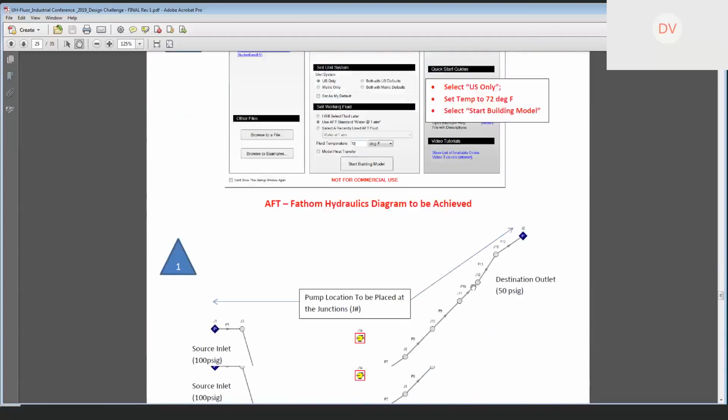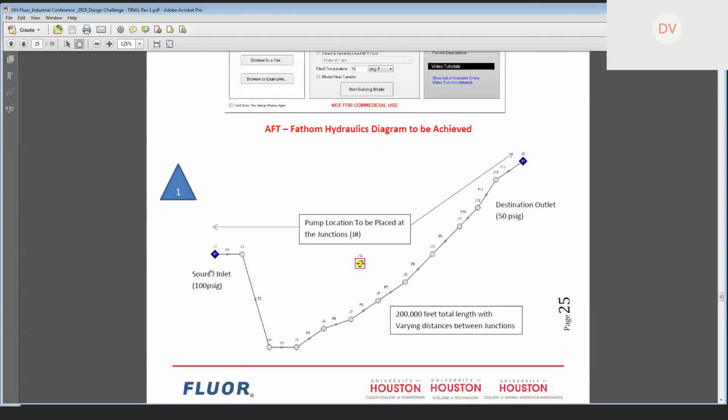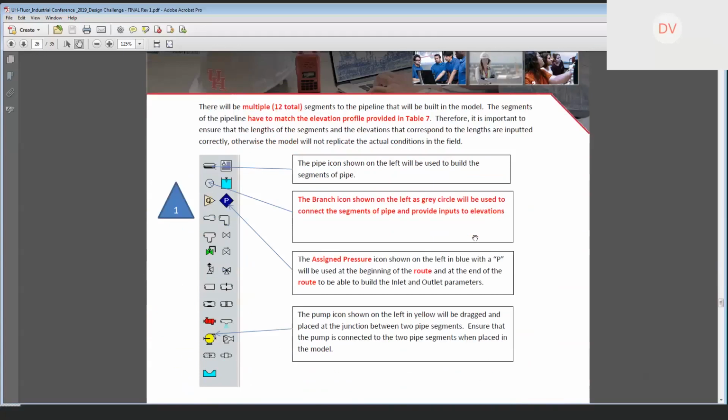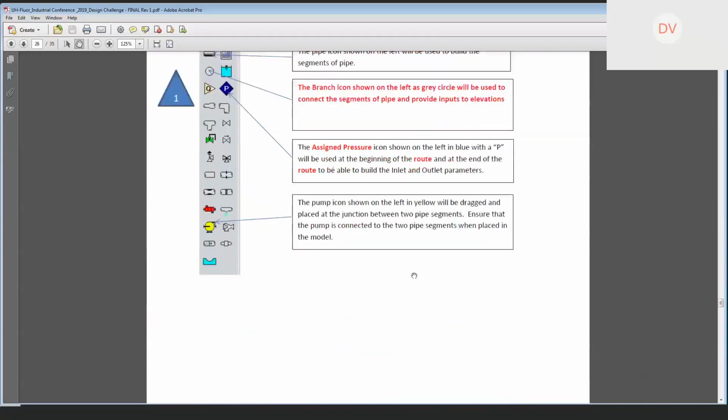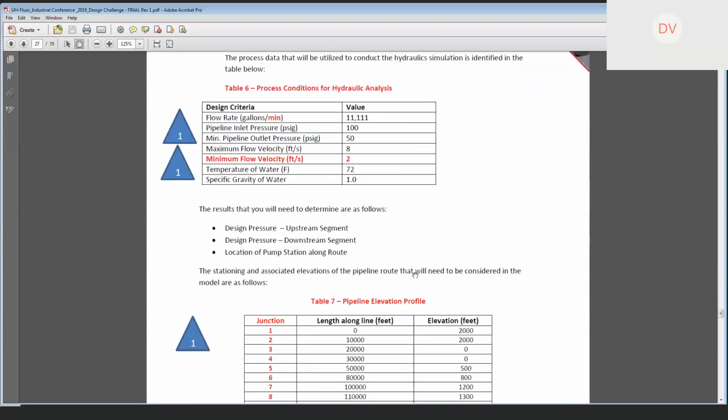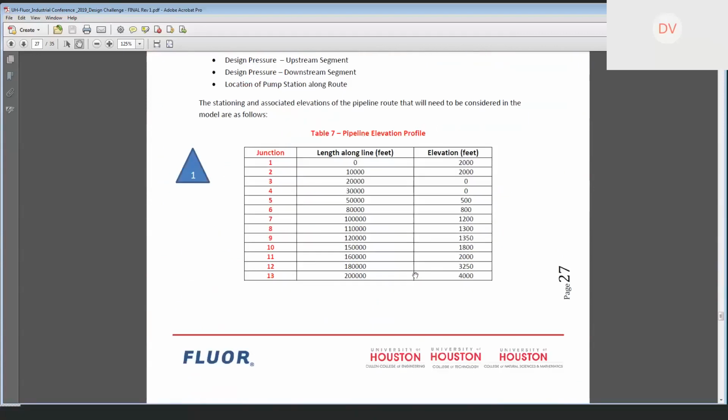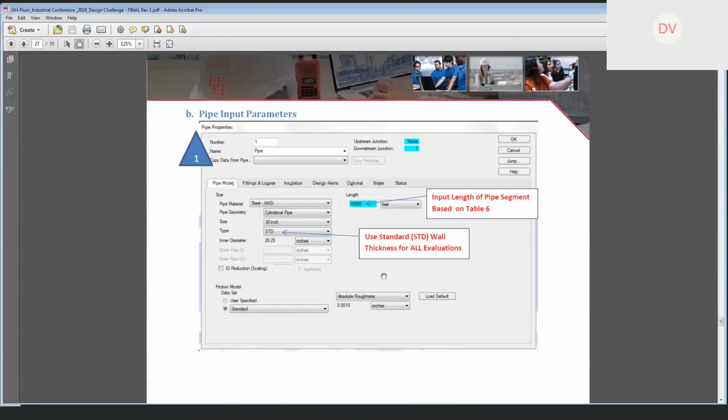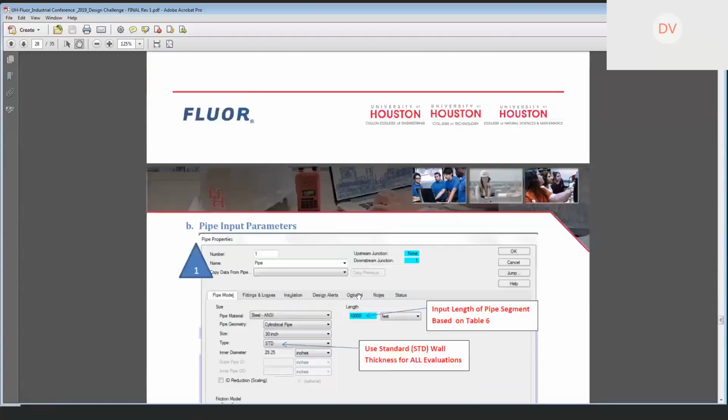And again, I have a model shot that I produced a little bit earlier, and each of the following instructions in here will show what all of the icons you'll be using are, describing a little around each of the icons, all of our process conditions, the elevation profile that you'll input, and then it goes into all the windows. So I won't continue past this, but the design challenge instruction does have all these window shots that describe what you will change. But I'm going to go back to here,